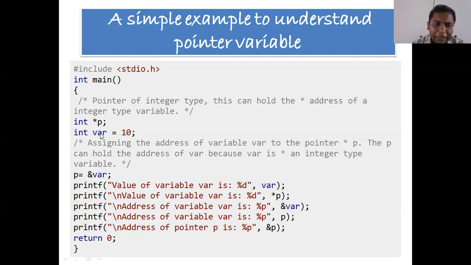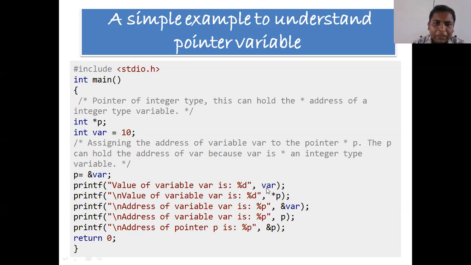Then I will declare a variable var and simultaneously assign it the value 10. Then in this expression, we are assigning the address of var to p.